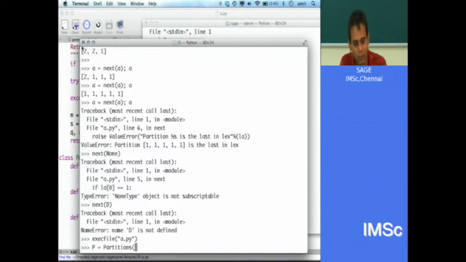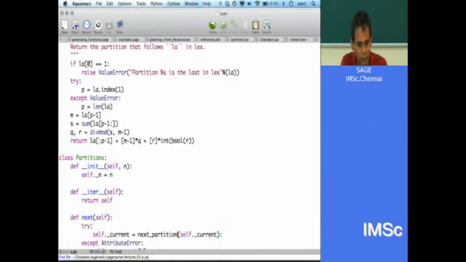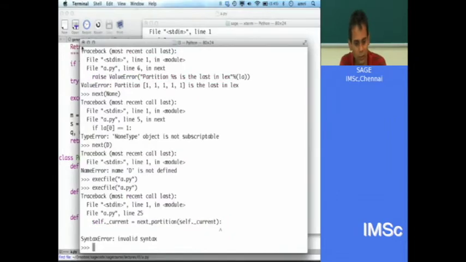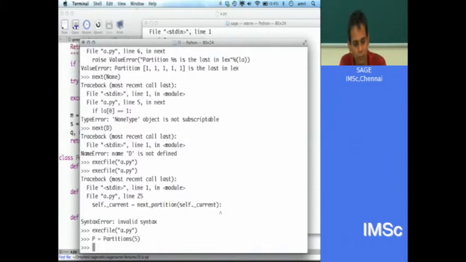So P equals, okay, I need to do the exec file again. Yeah, that of course was an unjustified colon. P equals partitions 5, P dot next.